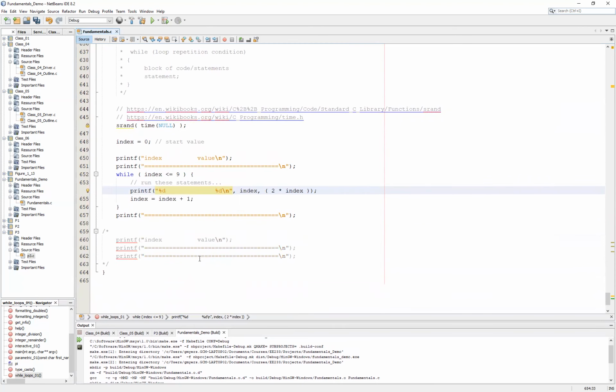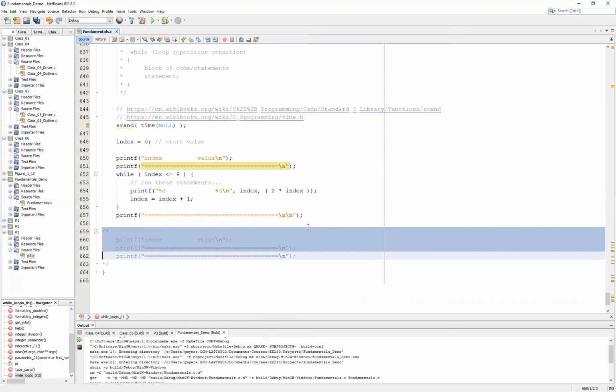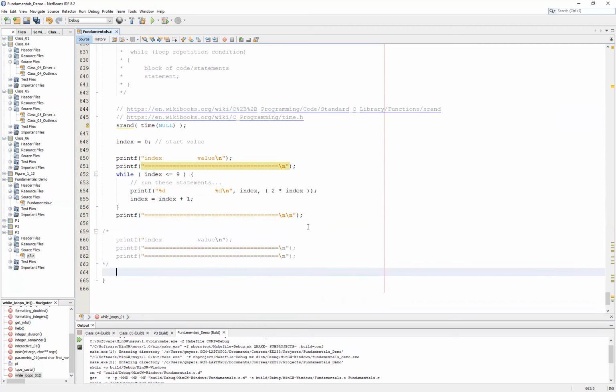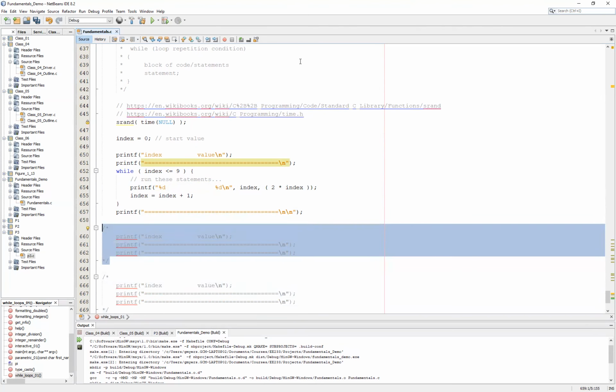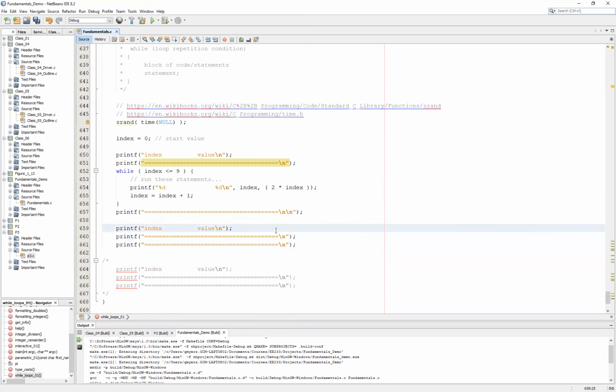Okay, so let's take a look now at a second example. And so what we want to do is begin with, let's go ahead and make another copy of our table. I've added a new line there at the bottom, another new line at the bottom of the first table. We're going to go ahead and make a copy of our template for our table, and we'll go ahead and uncomment this example out. And what we'd like to do here is repeat the same process with a while loop. Once again, printing out, in this case, 10 values going from 0 to 9, but we also